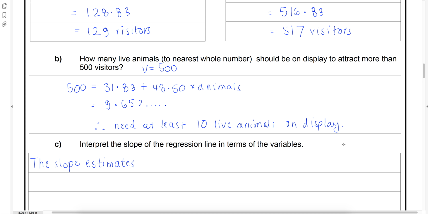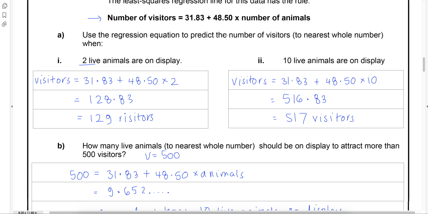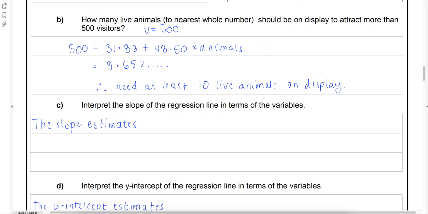what we're going to do now. So let's have a look at the slope to begin with. You'll see it's here, 48.5. So what is that actually telling us? It's telling us, it is an estimate, of course, that it estimates that the number of visitors,